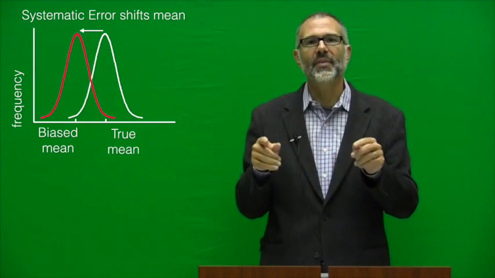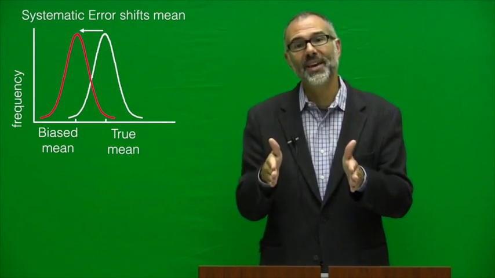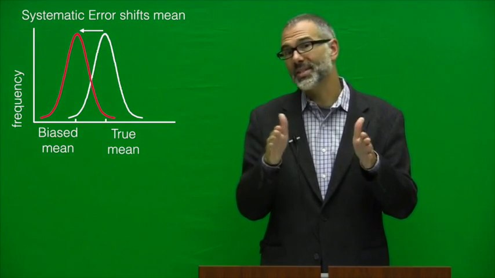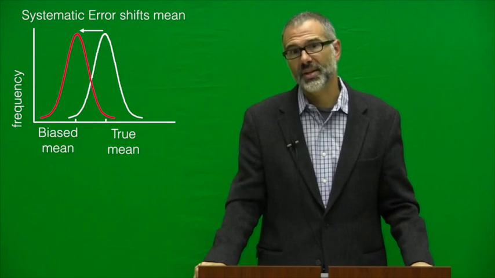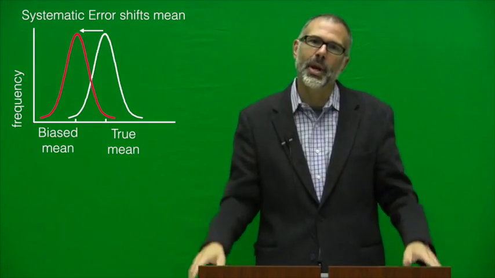But if we have systematic bias, it's hard to know whether it's cognitive behavioral therapy that's inducing that difference or whether it's some form of systematic measurement error that's inducing that difference. Whereas random error just means that we have to have a little bit larger sample size to detect that difference.